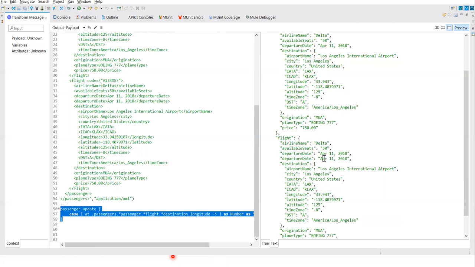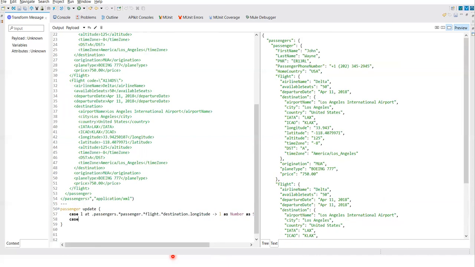Okay. So it's right now month, DD, then YYYY. I don't want this way. I want a better way. So I'll go ahead here, and you can write any number of case statements here. Any number of case statements. Okay. So let me say date, and now our date is there at the upper level, right?